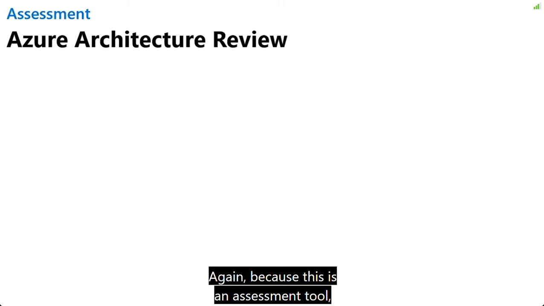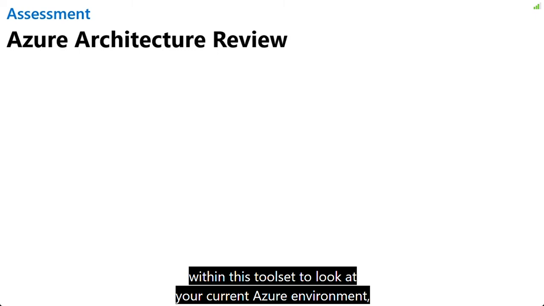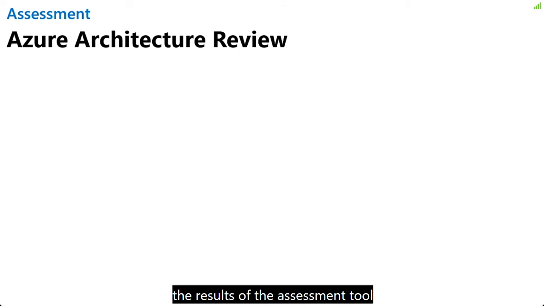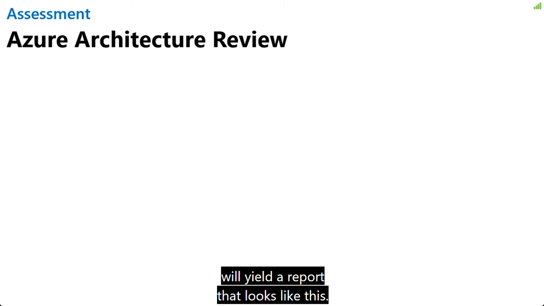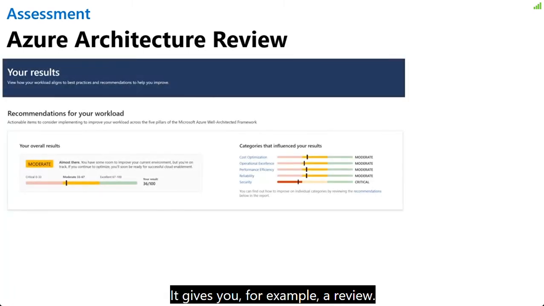Because this is an assessment tool, you have to go through a number of questions, and you can also use automated tools within these tool sets to look at your current Azure environment. The combination of your answers and the results of the assessment tool will yield a report that looks like this. It gives you, for example, a review.